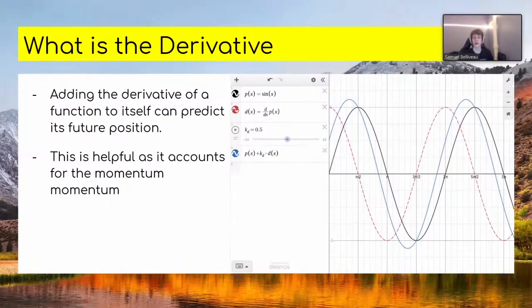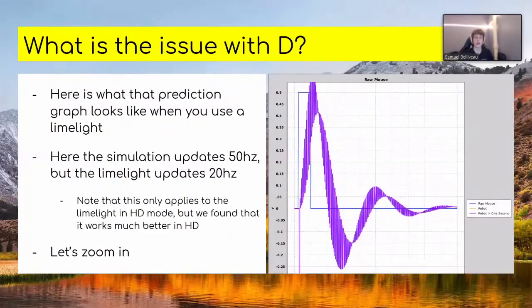So this is very important because robots have momentum because they have mass, and a robot can't immediately change speed, so it's going to need to take its current speed into account when trying to reach a certain target. But this creates an issue because when we try to do this with the Limelight